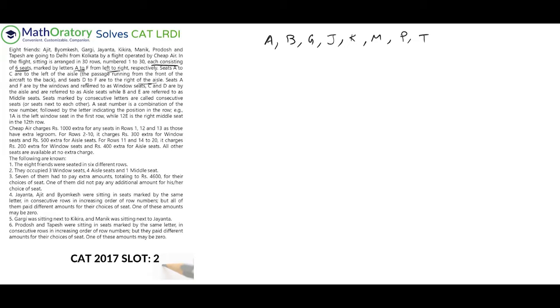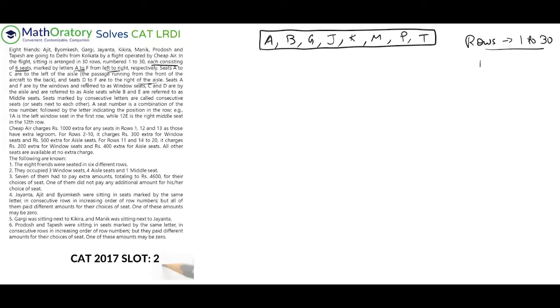But still, as I have mentioned in the solutions of other sets also, this is a common practice of CAT. They will explain to you elaborately if that is required. So this might be required. So let's look ahead. Seats A and F are the window seats. Again, pretty obvious. But let's take this information also. So let me keep this marked. So these are the 8 friends that we have. The rows are 1 to 30. That is important information.